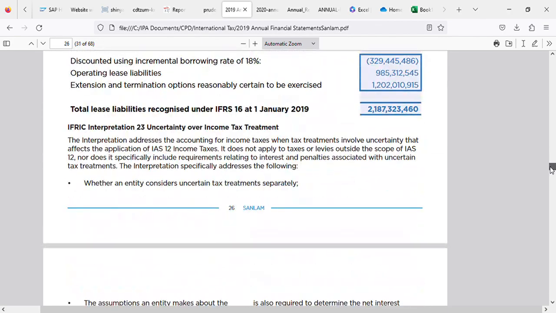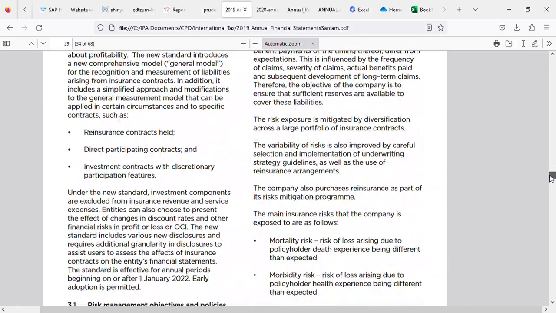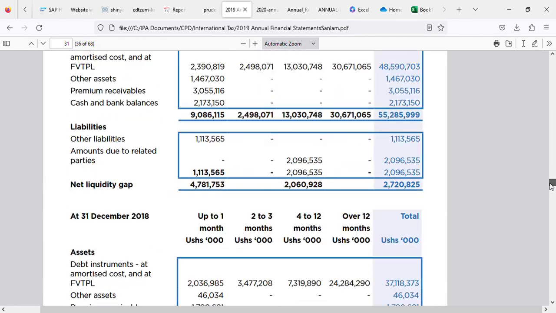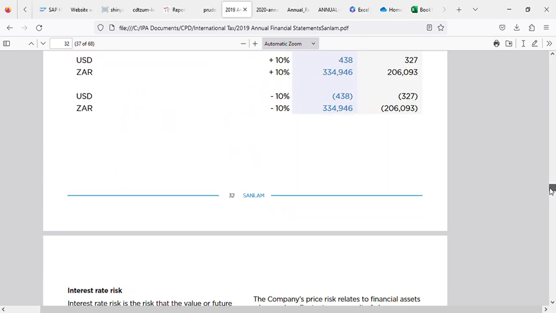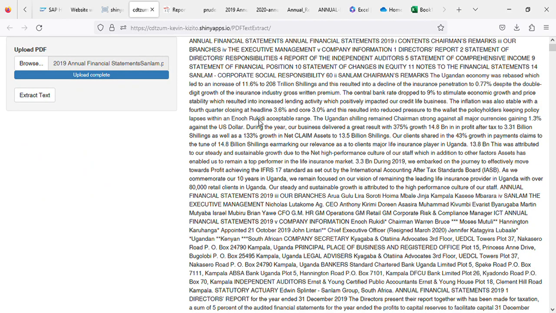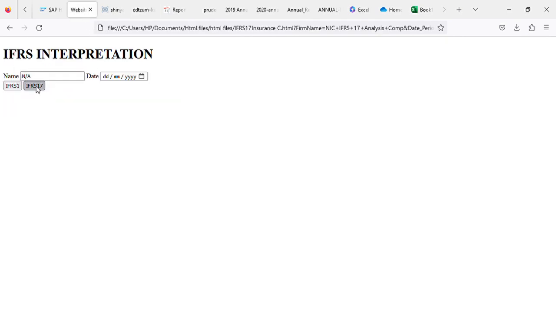You can see IFRS 16. You can see they had some arrangements, business combinations. Their credit risk was low, which is good. They still had currencies. Okay, let's see. So in order to check their compliance, we have extracted all that information, which is in Sanlam's financial report, and